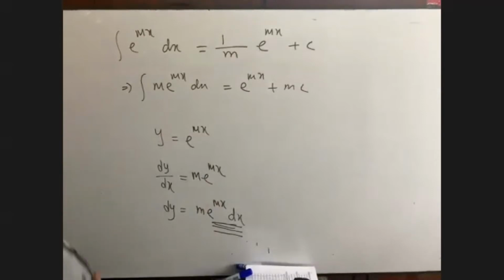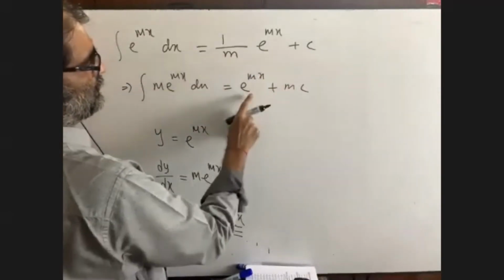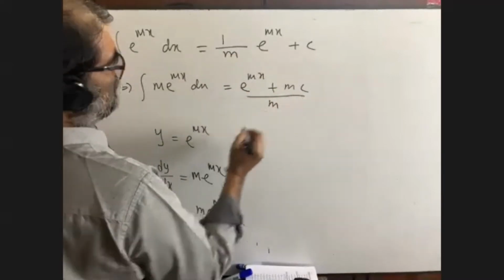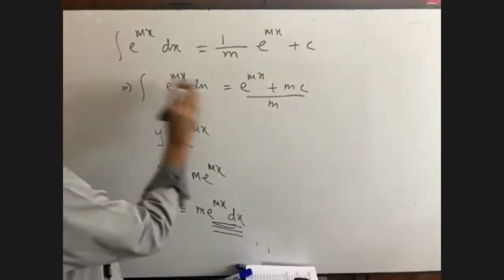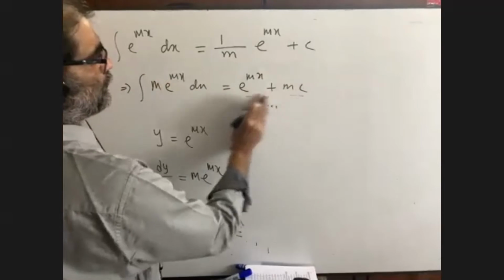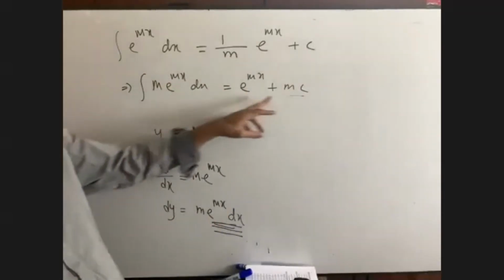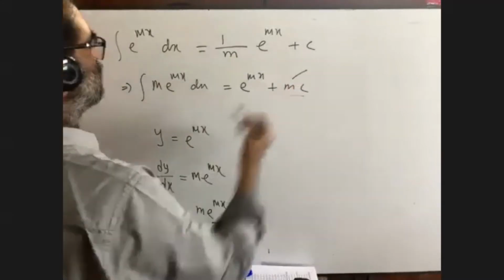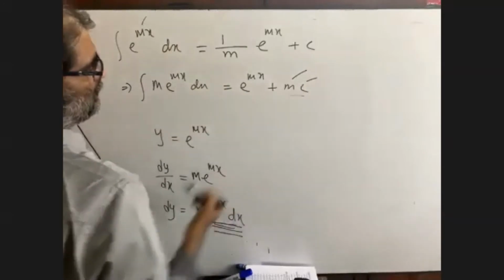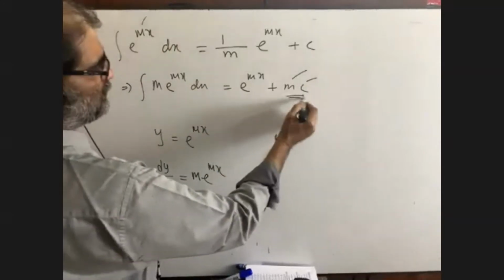I am sorry. Suppose if m is taken as LCM here, we will get e to the power mx plus mc. But if we don't give m here, it will be like this. Now you see, we are getting e to the power mx plus mc. It is the coefficient of x, and this is the constant term. So when we go for differentiating, we will get 0 for it.